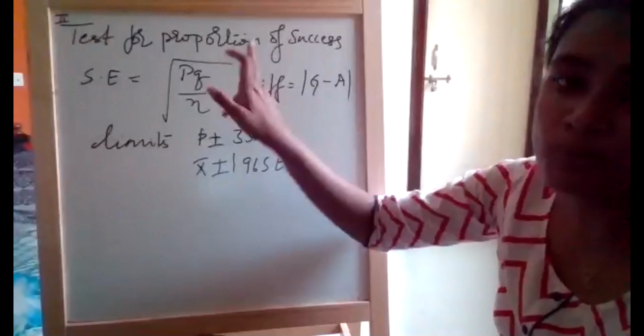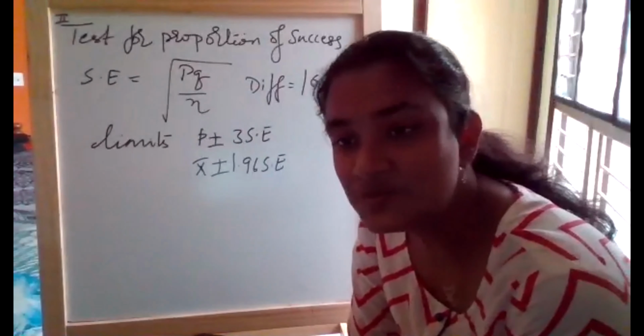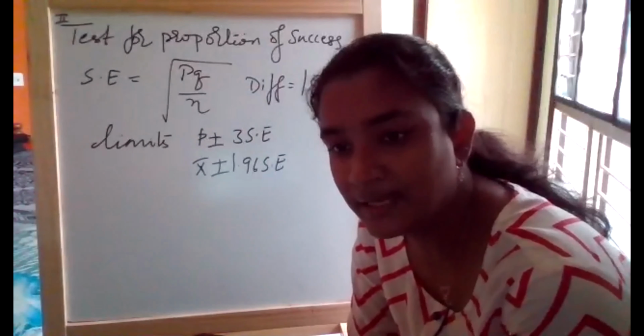Why are we using proportion? Because N is a large sample, and out of that we have very few items, only minimum values, either they are defective or we are picking it as the probability. That is the reason there is a change in the formula. Instead of multiplying it with NPQ as in the previous case of number of successes, we are just taking a proportion of that sample value. So the formula is changed to under root of PQ divided by N.